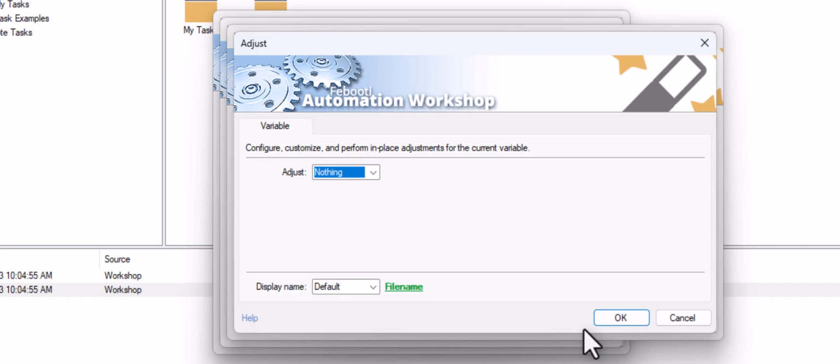Adjustments enable you to modify a variable directly in its place. Importantly, these changes are local, meaning they don't alter the original variable or any other instances of that variable. To replace file extensions, I'm selecting the Replace Last option. This ensures it replaces only one instance of the specified text, starting from the rightmost occurrence in the given text.